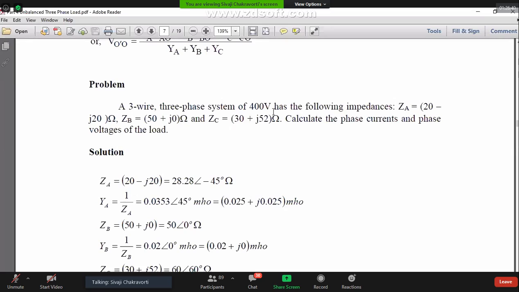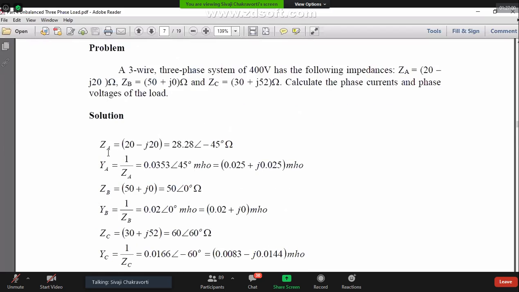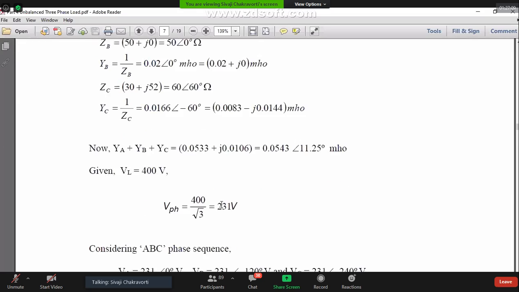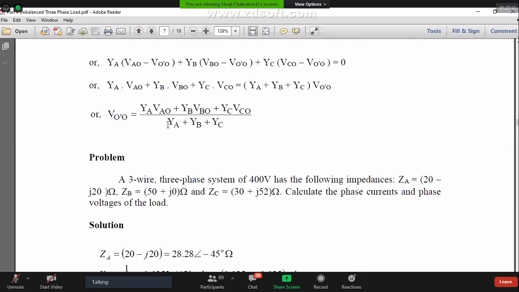That is VAO minus VO prime O. That is directly minus of this. And AO prime is the phase voltage of the source. So what is IAO prime? IAO prime means AO prime, that is the phase current of the load. Straight away VAO prime into admittance. Then AO prime I substitute as this VAO minus that neutral shift. AO is the source voltage. So you get this. So same thing if you do for all the three phases.